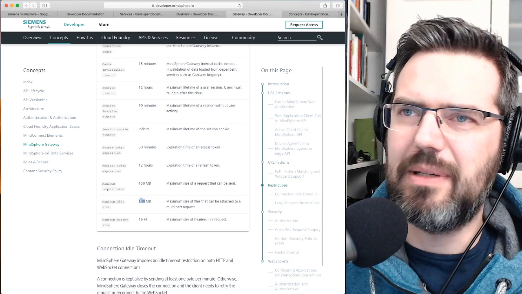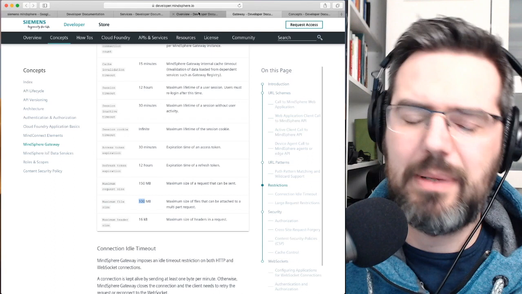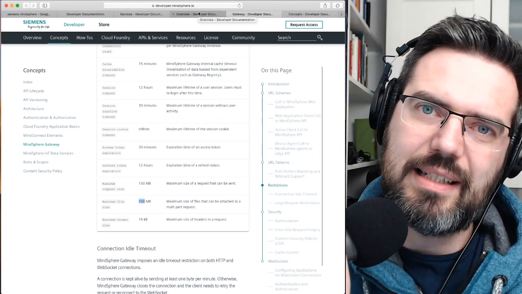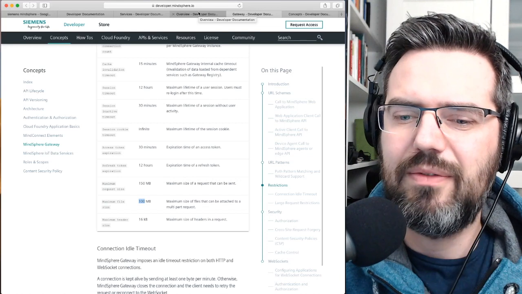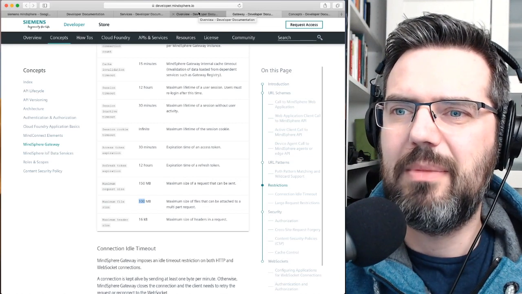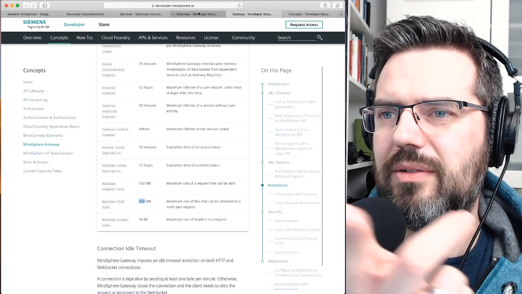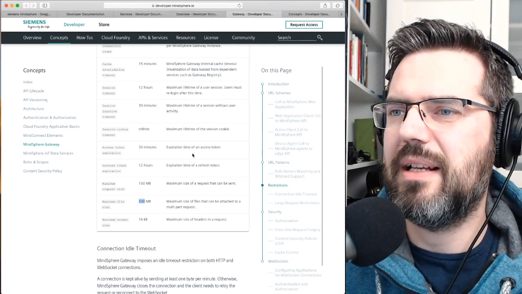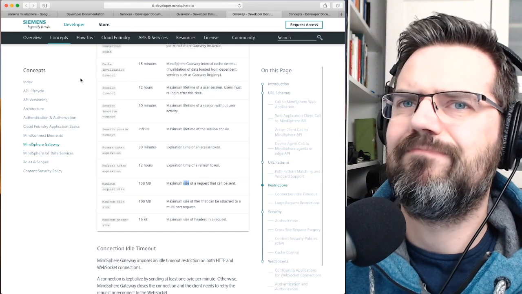So this is nothing big data. You cannot do big data with this. Okay, so basically you can analyze data with Zeppelin, but only if the input data is smaller than 100 megabytes. Or 150. Maximum file size of a request that can be sent.